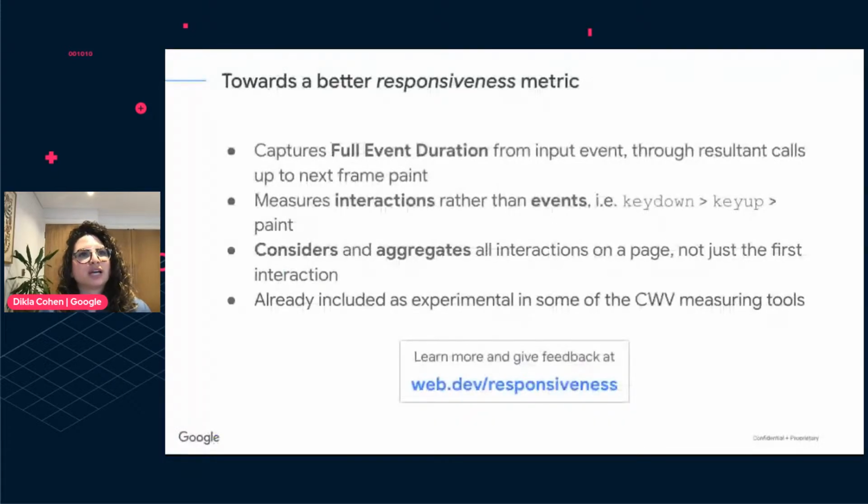For the responsiveness side, I just talked about FID, which looks at when the main thread is free. But that doesn't take into account the full event duration, because after the thread is free and able to respond, we still have the resultant calls and the next frame paint. And we want to look at all of that because that is what defines the entire user experience. The metric we're looking at also considers and aggregates all interactions on the page,